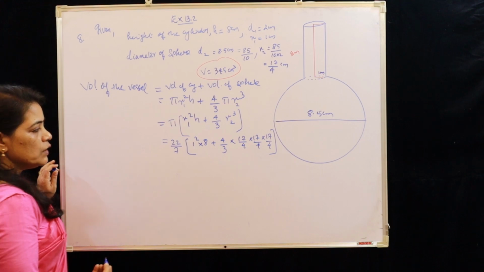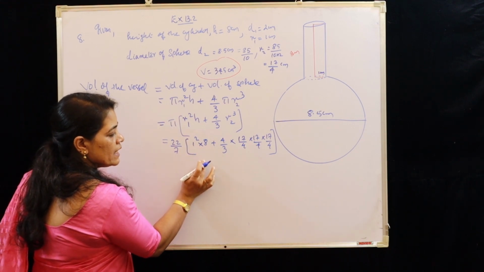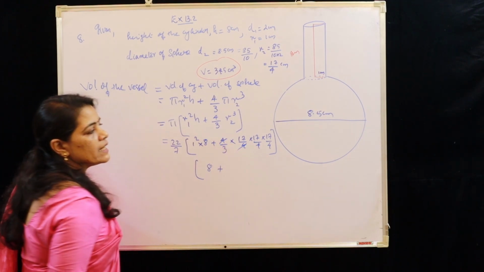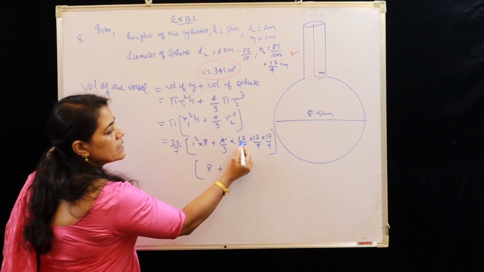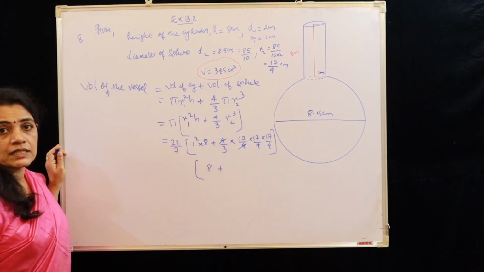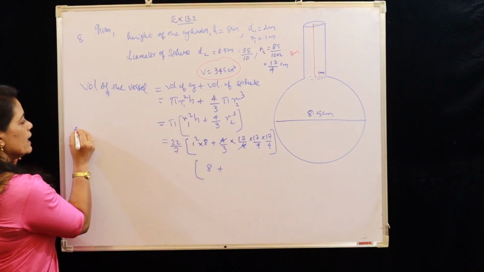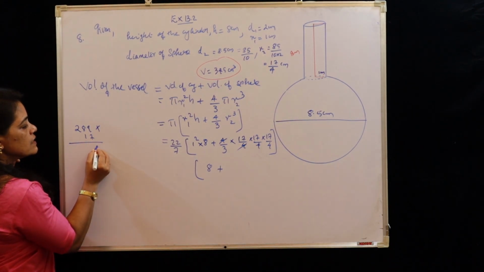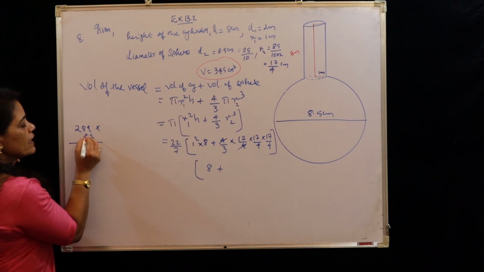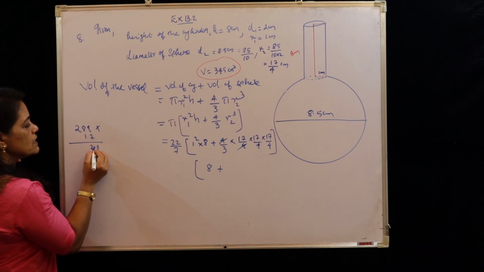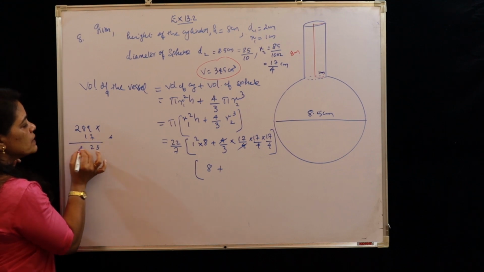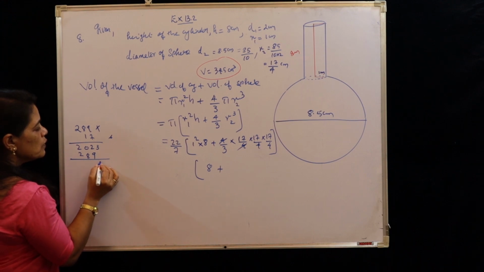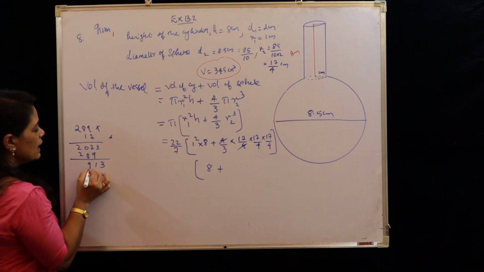Now we can reduce the bracket. First, 1 into 8 is 8 itself. Plus, this 4 and 4 get cancelled, so in the numerator 17 into 17 into 17. 17 into 17 is 289, into 17. 7 9s are 63, 6 carries. 7 8s are 56, 62, 6 carries. Then 14 plus 6 is 20. 9, 8, 2. So 3 1 9 4.